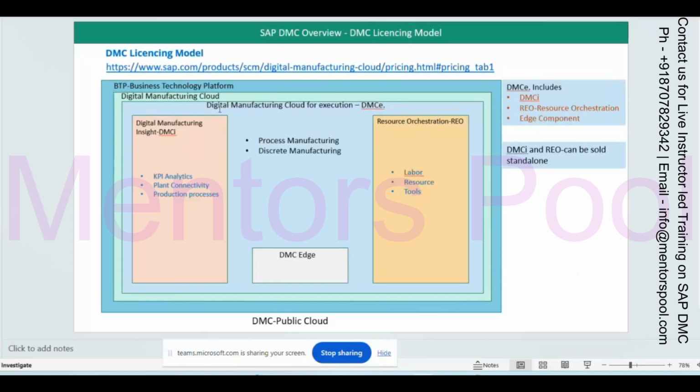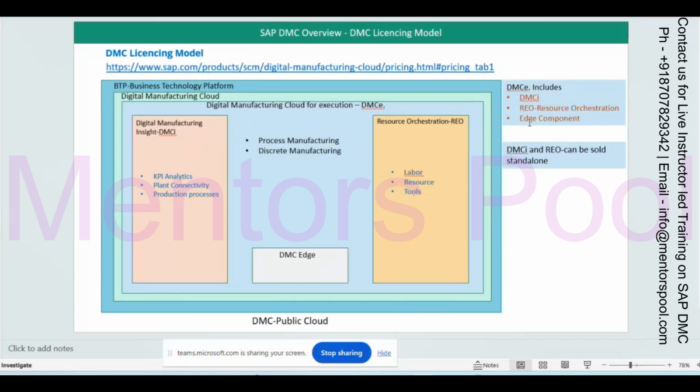If you are taking the license for DMCE, that is Digital Manufacturing Cloud for Execution, it consists of RIO as well as DMCI. In DMCE, it will include DMCI, RIO, and the edge component.